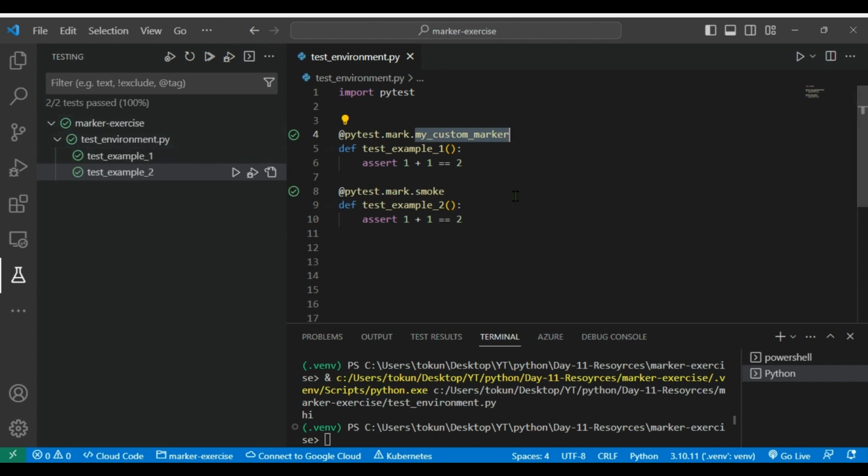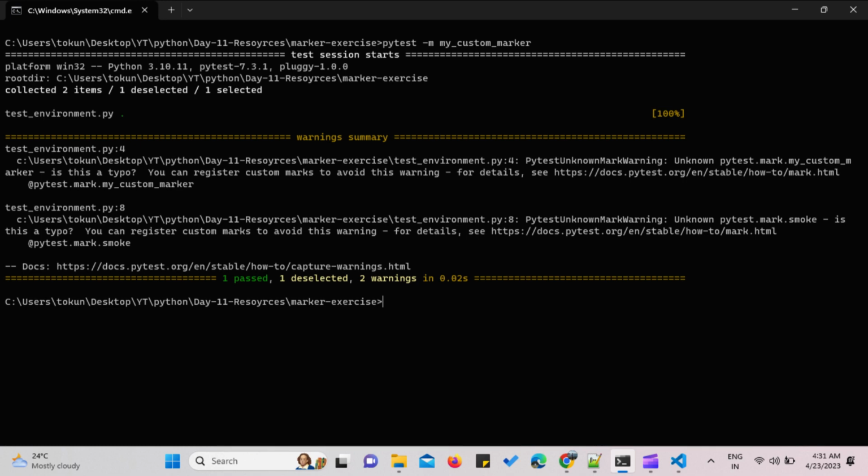Now let's say there are multiple test cases in different test modules, and you want to run them. So how do you run it? In Visual Studio Code, that option is not there, but here we can run it. We can open the command prompt and run the test cases by using pytest, then -m, and then give the custom marker name. When you run it, you will be able to see this result displayed. Similarly, if you have smoke test cases and you want to run them, you can use